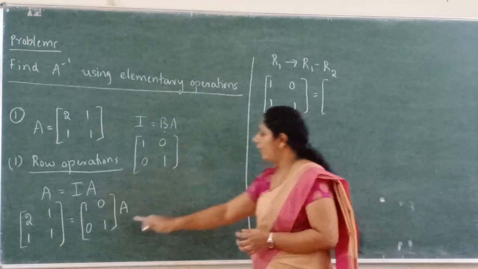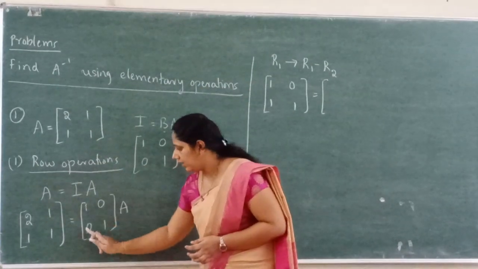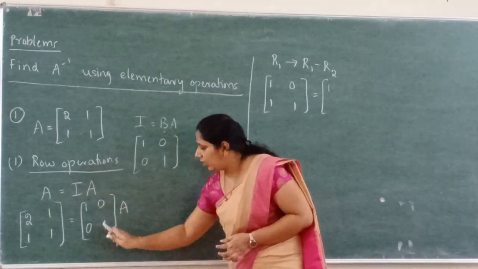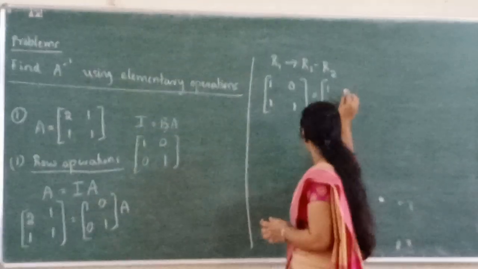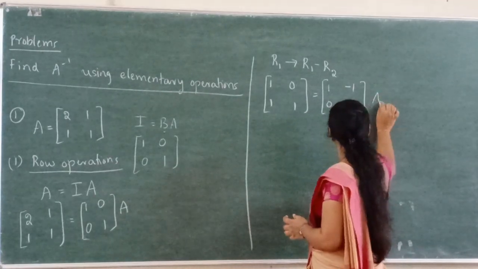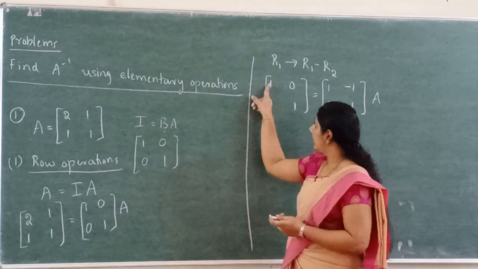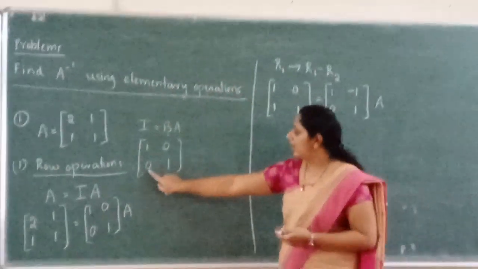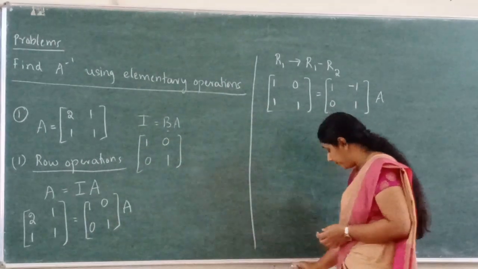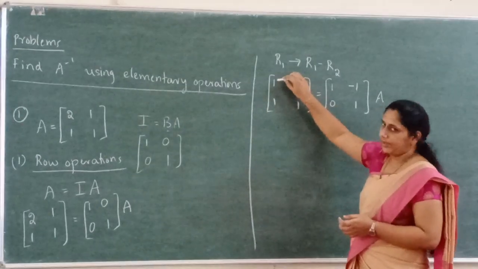Again, here also you have to apply the same operation, that is 1, 0, minus 1, minus 1. Second row as it is. Again compare this matrix with the identity matrix. Already we get the first row. Now this element should be 0. So this element must be 0. So here we have 1. In the first row also we have 1.